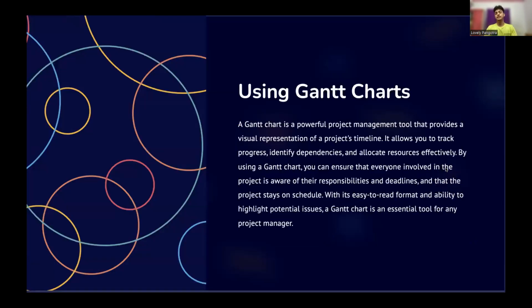What exactly is a Gantt chart? A Gantt chart is a powerful management tool that provides a visual representation of the project timeline. It helps you track the progress of each activity and dependency, and allocate resources effectively. What do you actually mean by allocating resources? Let's say a particular subgroup has been given a particular task.